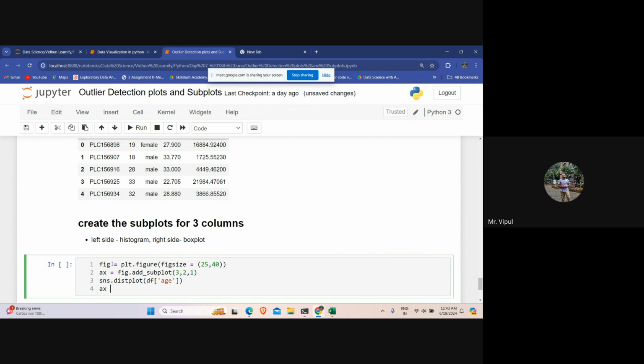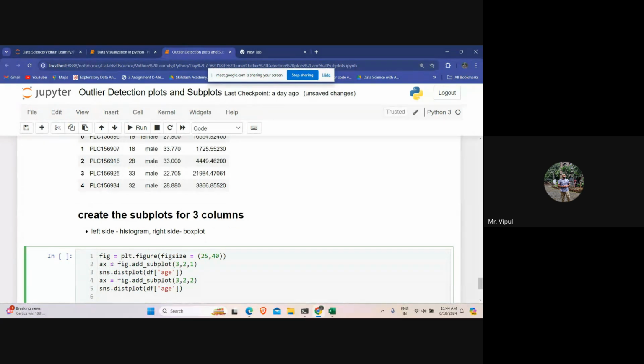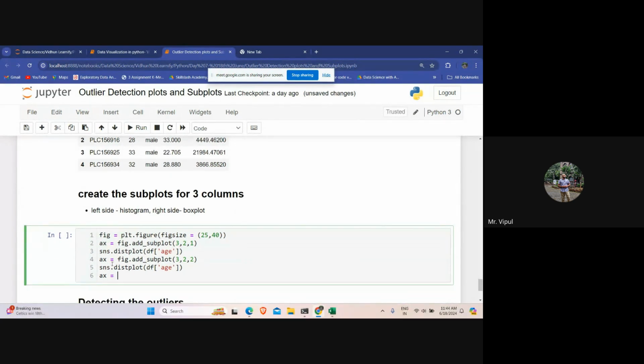Then ax is equal to fig dot add_subplot 3, 2, 2. sns dot distplot df of age. Again, ax is equal to fig dot add_subplot 3, 2, 3. sns dot distplot